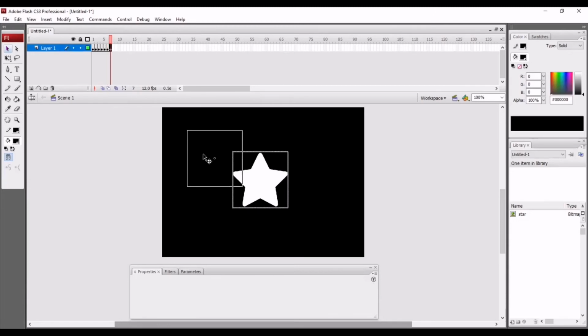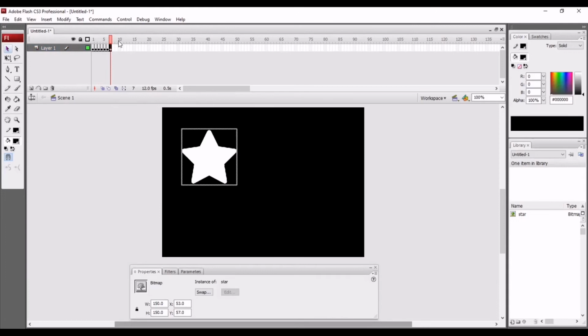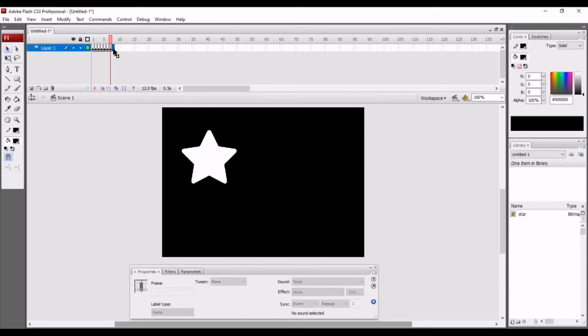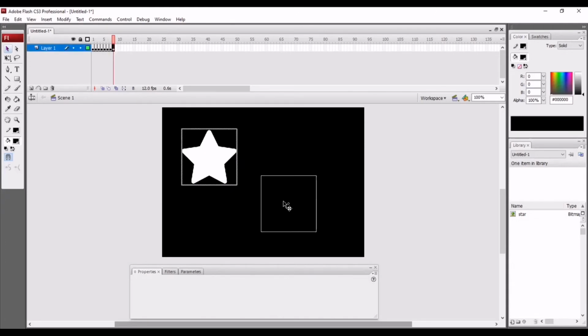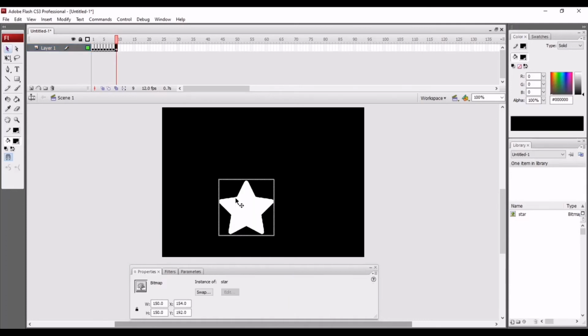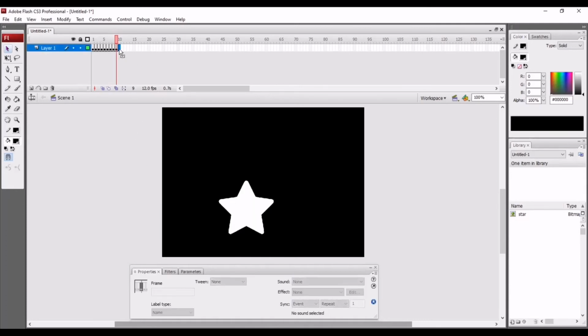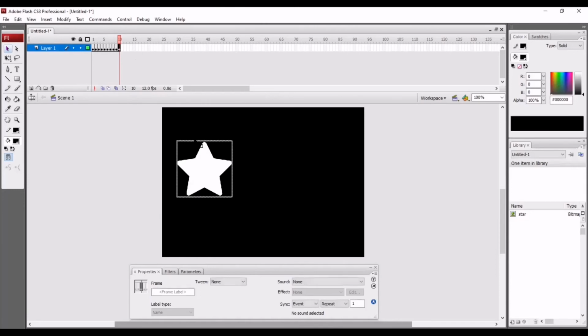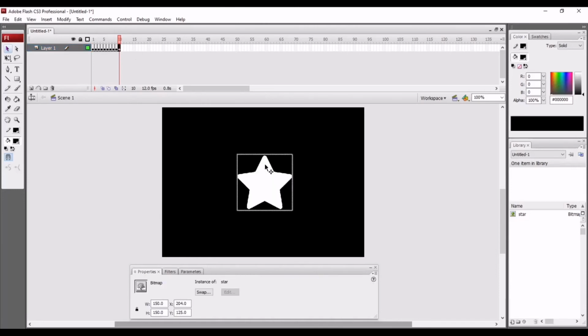You just have to click on the frame number, make a keyframe by pressing the F6 function key and move this star to the bottom right corner, bottom left corner, or center of the stage according to your requirement. You can change the content. Content is any image, any picture, any symbol. So just click it, make a keyframe and move it on the stage. After that you can see here we have frames 1 to 10 and each frame indicates a keyframe. Okay, now you have to save the file.